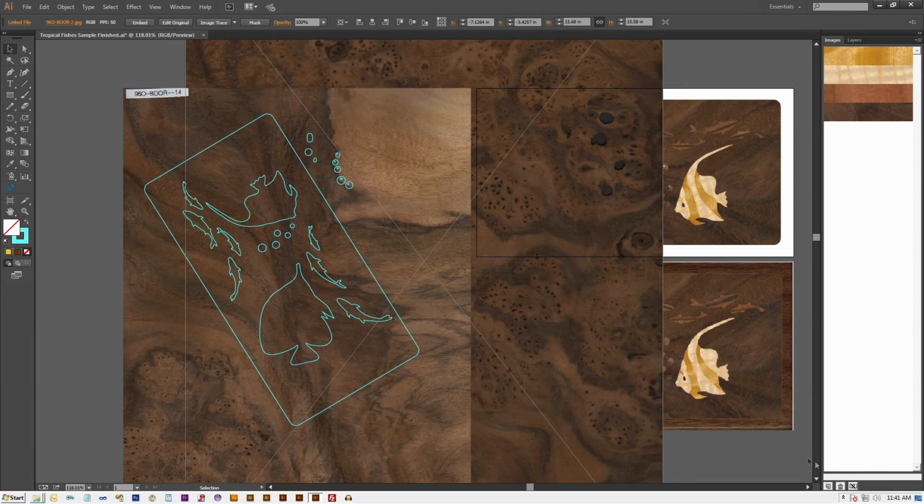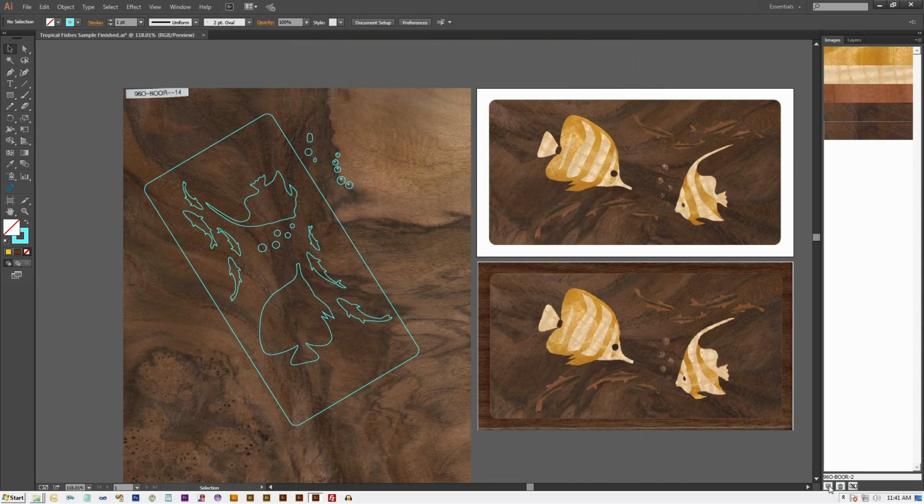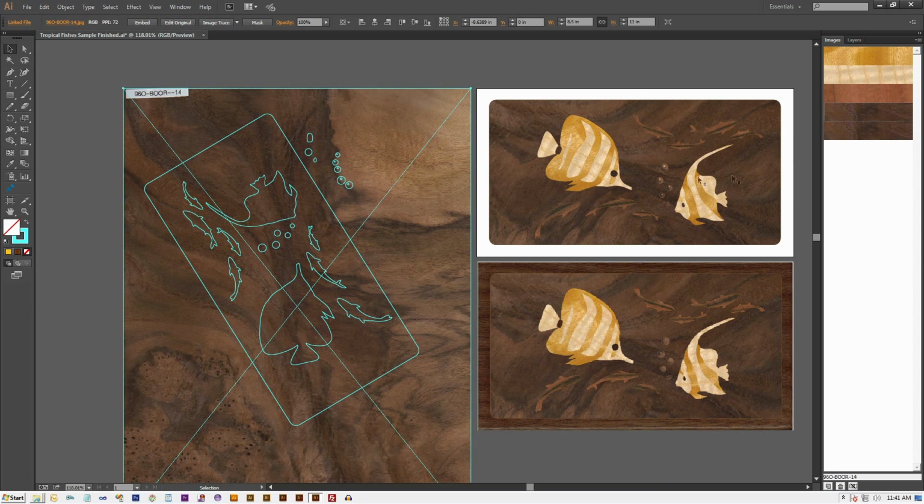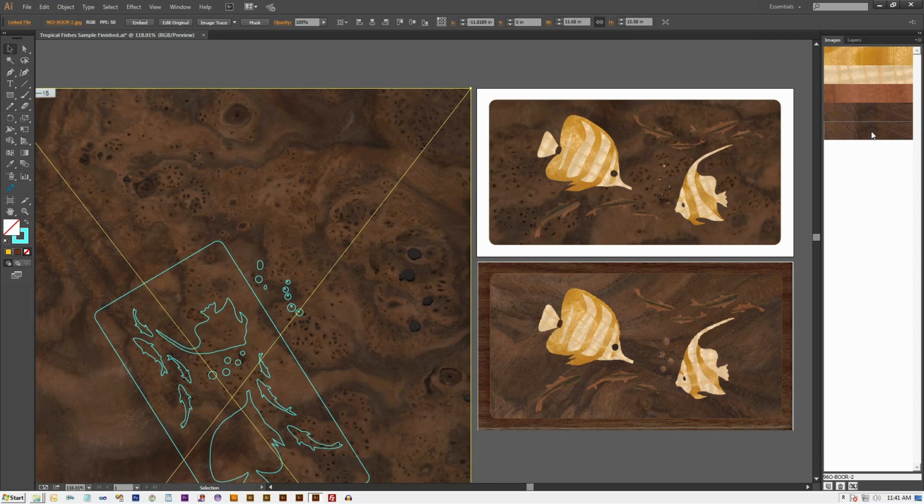To add it to our image palette, click on the Added Selected Image button. Now select the Clipper image we want to replace and click on the newly added image swatch. This feature allows us to quickly replace one image with another image.